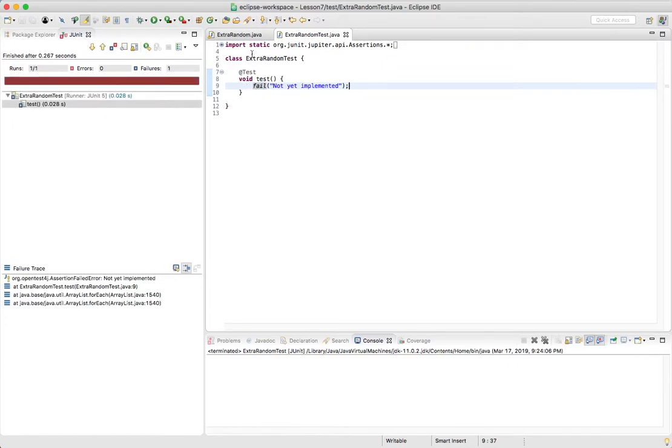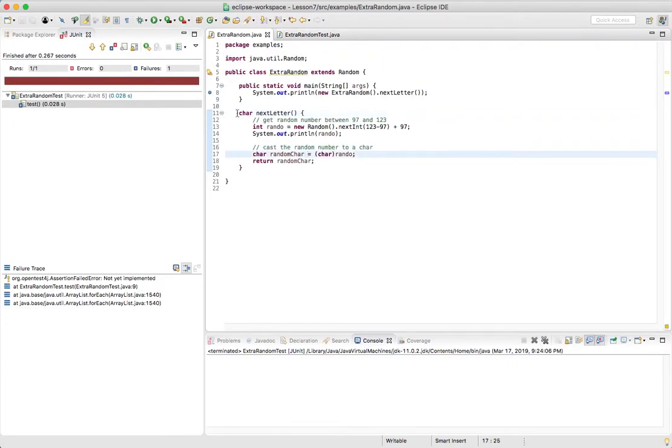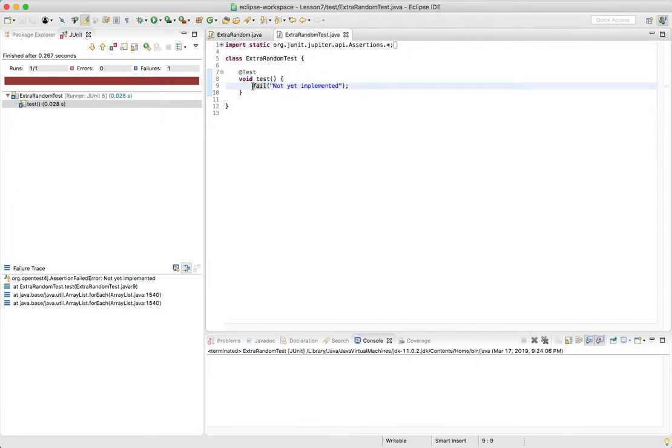Okay. Now, this is an interesting thing. I'm going to have to run this a whole bunch of times to make sure that I'm getting all of the letters. The first thing I'm going to test is make sure we can get an A. Make sure we can get a Z. For getting those, let's,